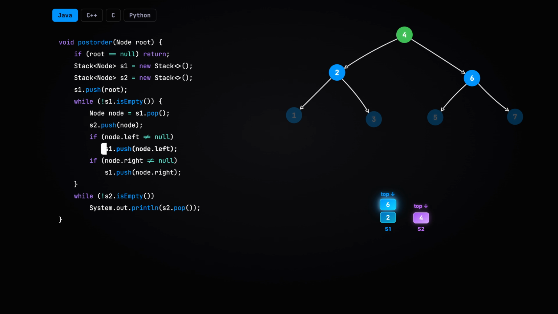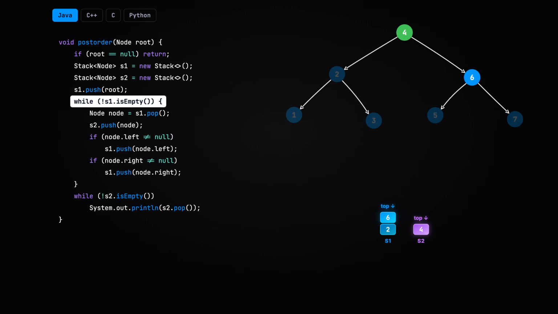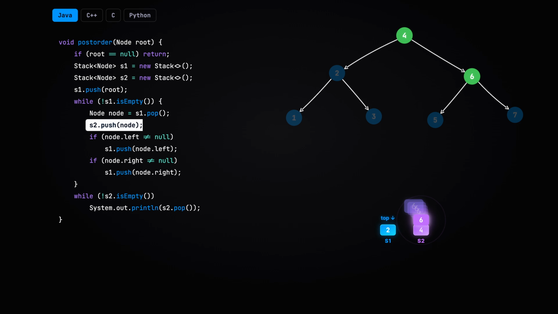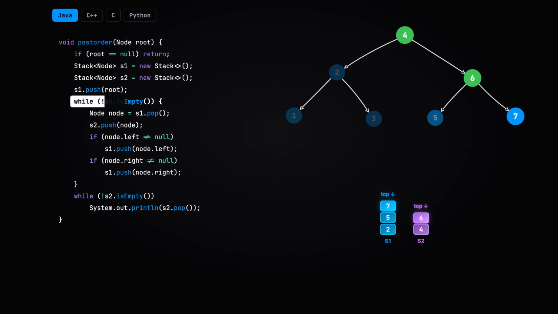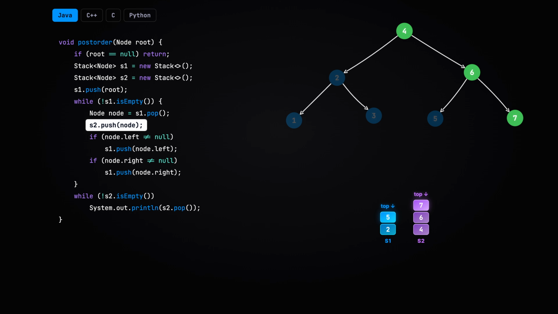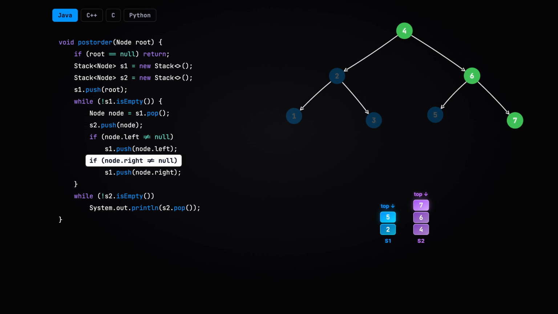Then push its children 2 and 6 onto stack 1. Pop again. Stacks are last in, first out, so 6 comes out before 2. Send 6 to stack 2 and push its children 5 and 7. Pop 7 and send it to stack 2. But 7 is a leaf, so both if checks, left and right, come back false, and nothing new gets pushed